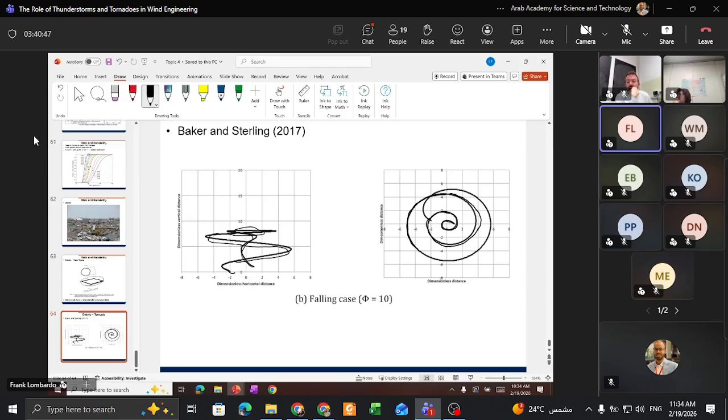Okay, Alessia asked that in the Rankine vortex, turbulence is not considered, but it can affect and change aerodynamics of the building and consequently the loads. Yes, that's a great question. What you could do, in theory, is use boundary layer prescriptions of turbulence to add on to the Rankine vortex. Now, is that the right thing to do? I don't know. What I will say is that from some of the data that we collected in dust devils and the tornado,